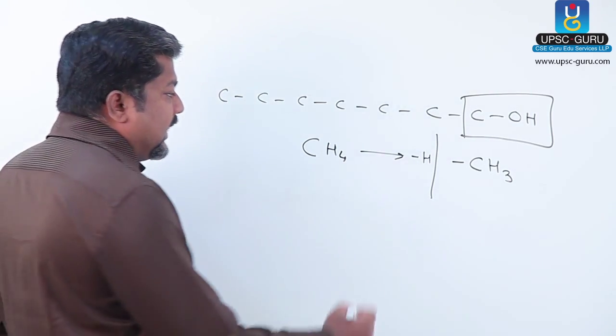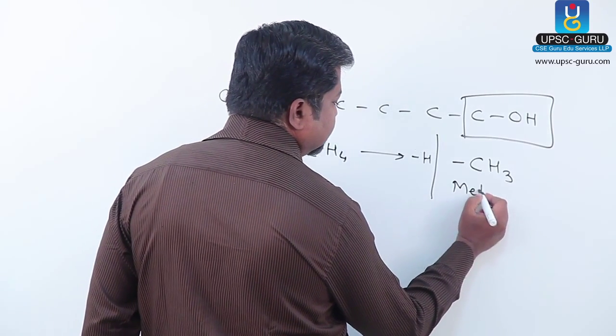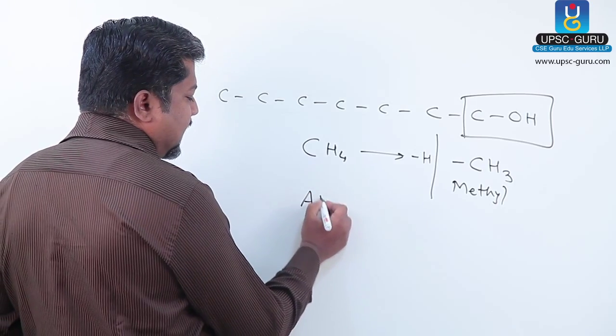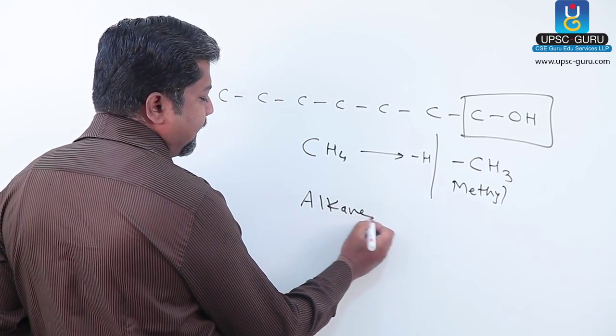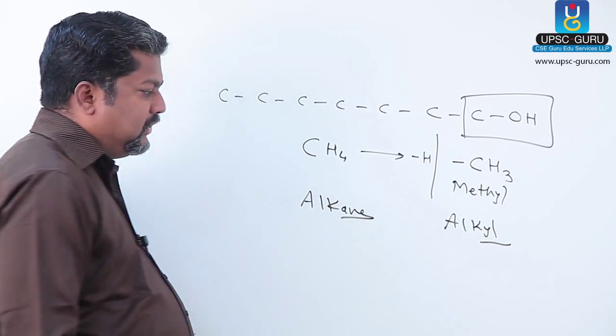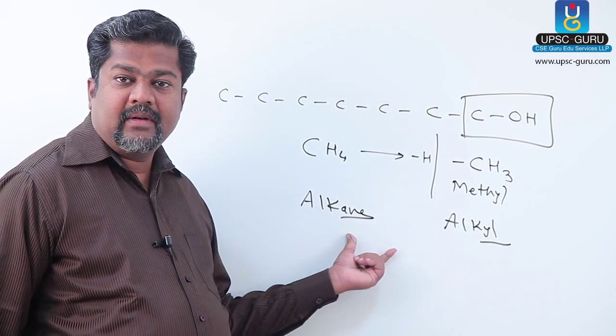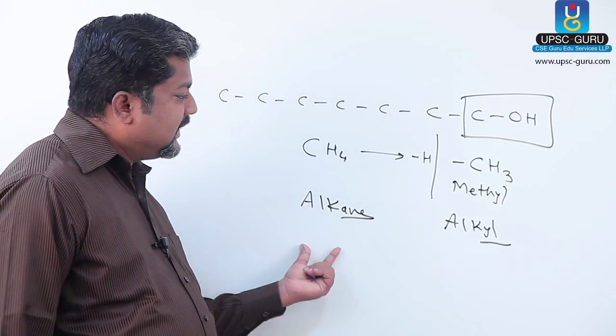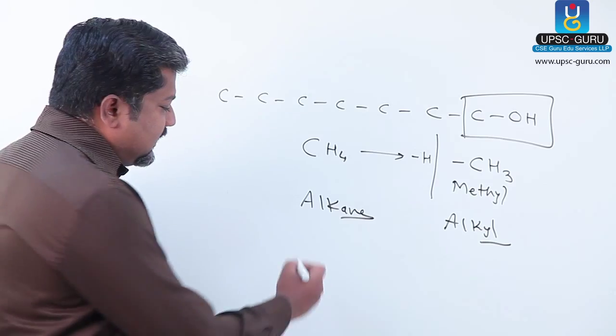This is called methyl. So simply I should say this is alkane, this is called alkyl. So we are replacing the suffix ane with yl. This way, methane becomes methyl. Then in the same way,